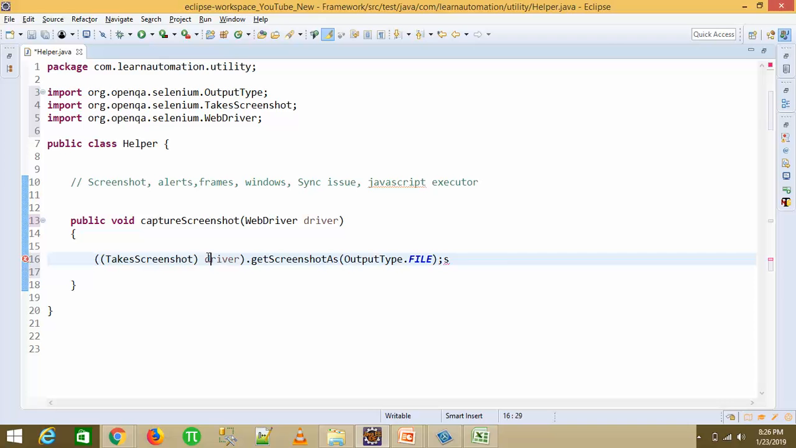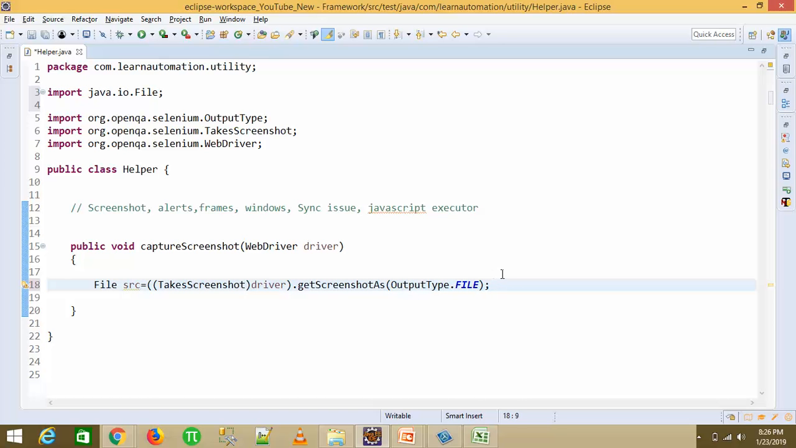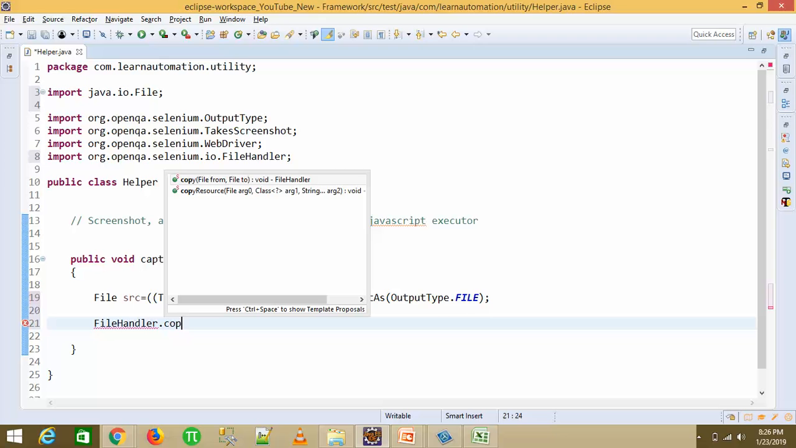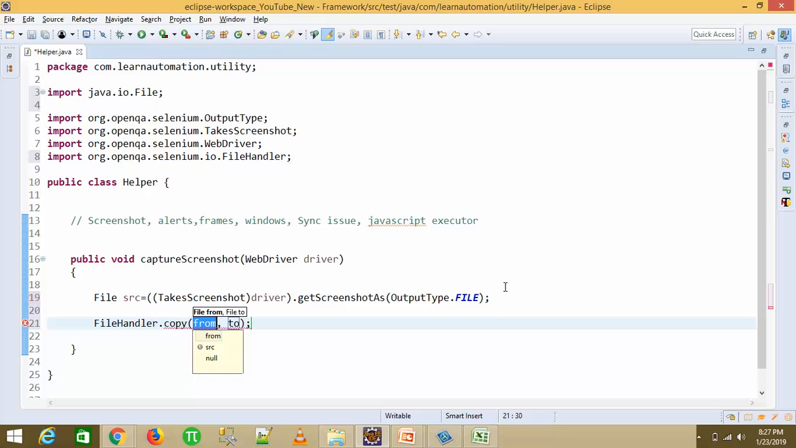So we have a separate interface called TakesScreenshot, which has one method called getScreenshotAs. So we have captured the screenshot as a file, which will return as the object as file type. We will import this from java.io. Now we have to store this file or screenshot to a location, right? So for this we are going to use one class called FileHandler, where we have one method called copy, which will ask you from and to. So from, anyways we have src, right, because this is what our screenshot,